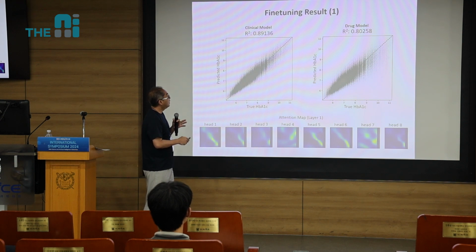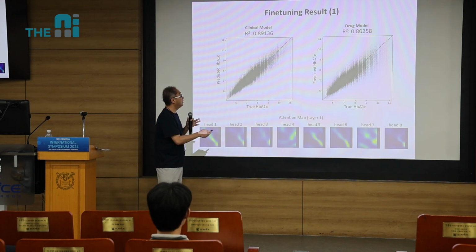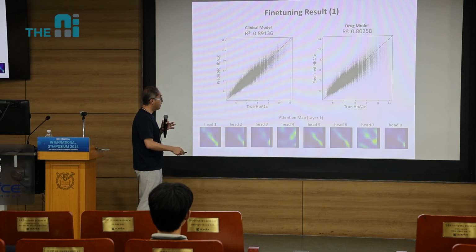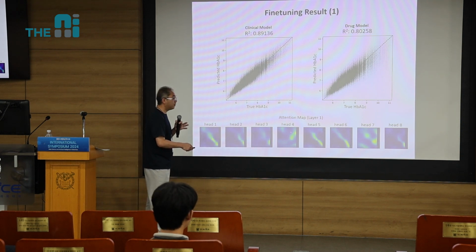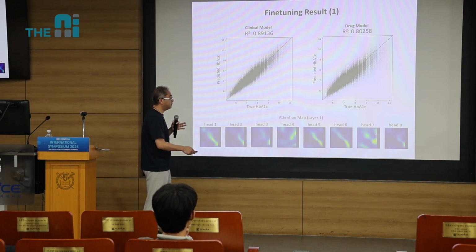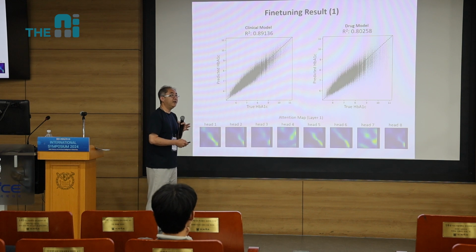But anyway, that's the reason why the R-square value change differs between these two models. And if you look at the attention map now, trying to find the variable temporal correlation, you start to see the off-diagonal values highly increased compared to the pre-training. Pre-training only cares about time, right? So neighboring time points should be treated